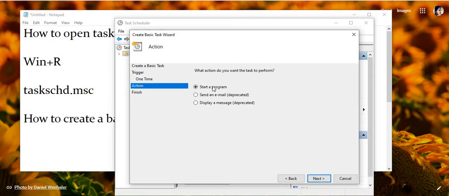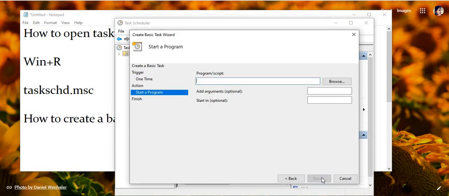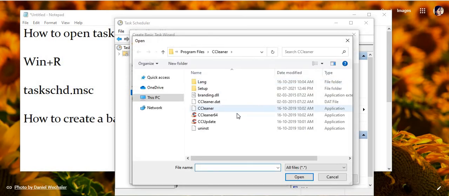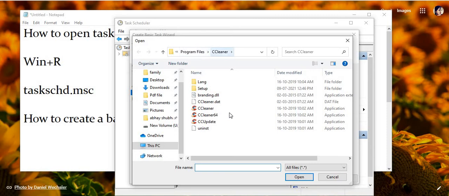Going next, I'm just going to start a program as the task. Like I defined that Open CCleaner is the name, so I will open CCleaner. Next, and now we just need to assign which program or script you want to open. So I will click on Browse, and CCleaner is inside Program Files and then CCleaner.